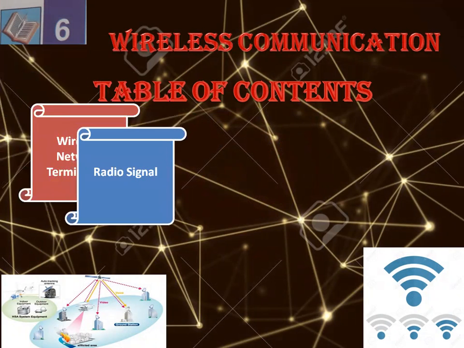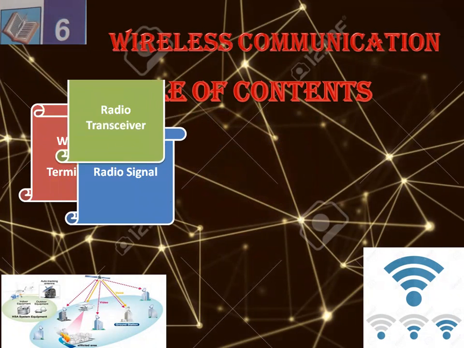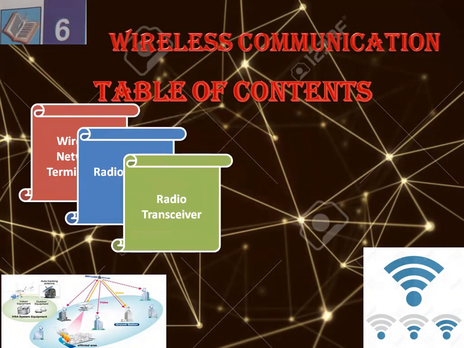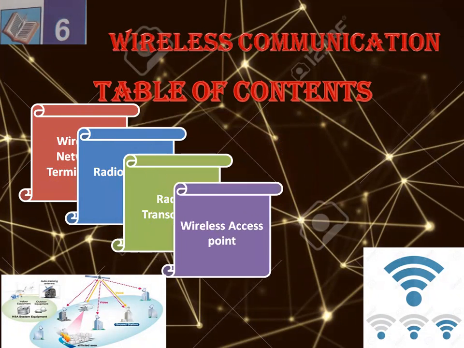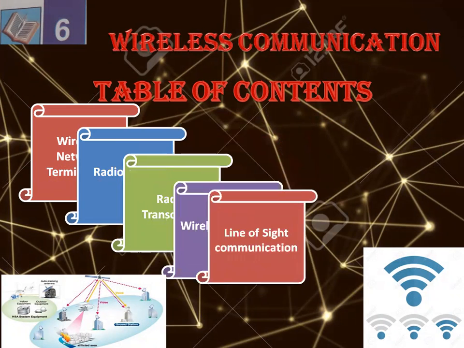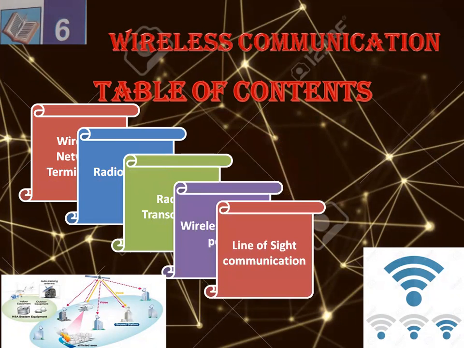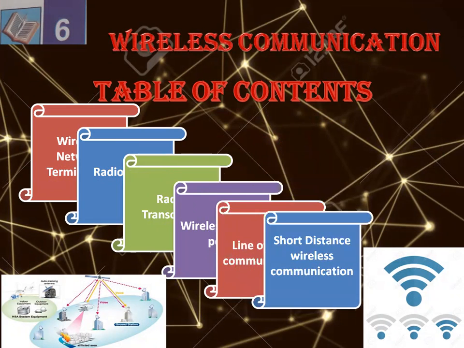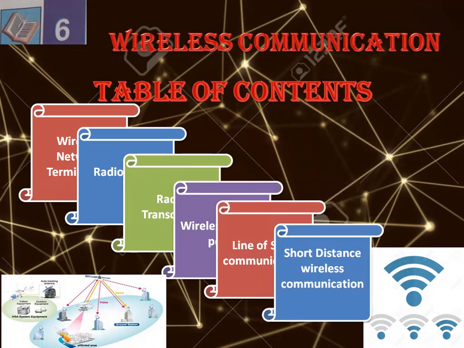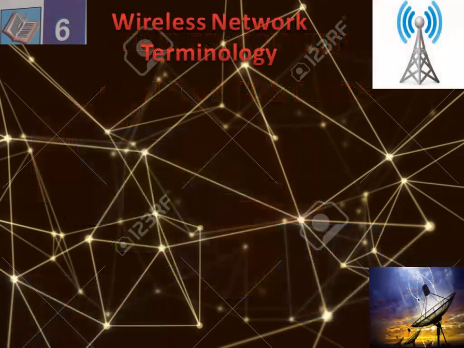In this, we will discuss radio signal, radio transceiver, wireless access point, line of sight communication, and then we will discuss short distance wireless communication. And in short distance wireless communication, we will discuss Wi-Fi. So let's start with